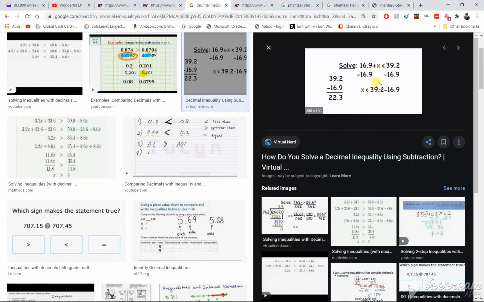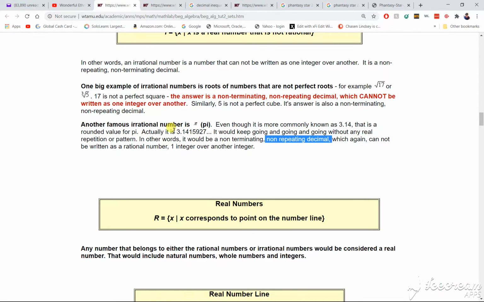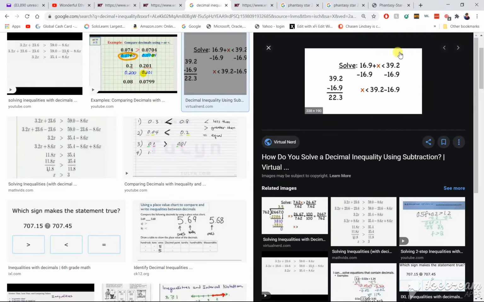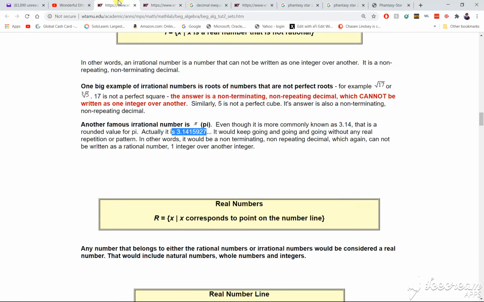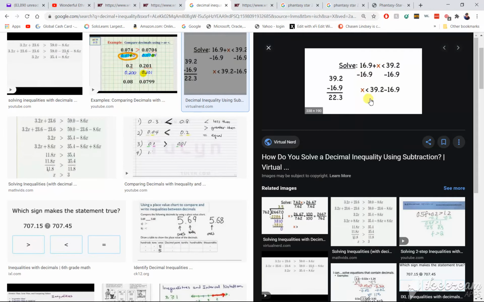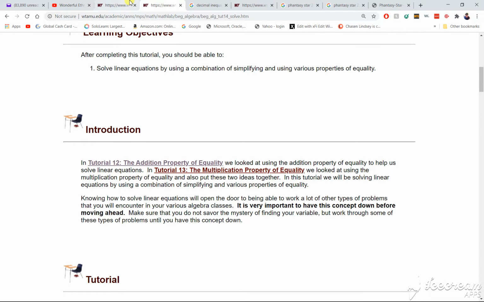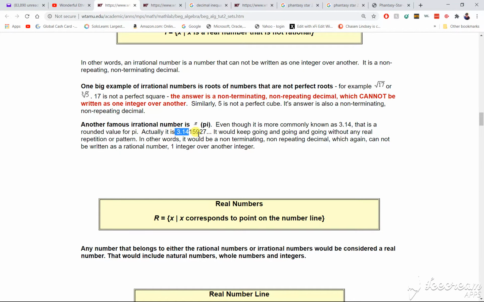If you're solving for x, it's possible to solve for x with a decimal. But with pi, you can't do that. Pi goes on forever. With pi, this problem would never end. This one is terminating, because after all these decimals, you would eventually find an answer. But this one is non-terminating because pi goes on forever.